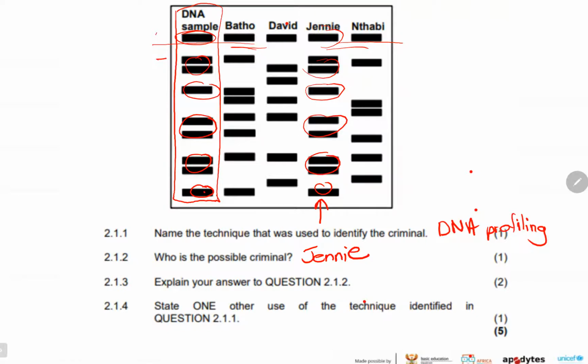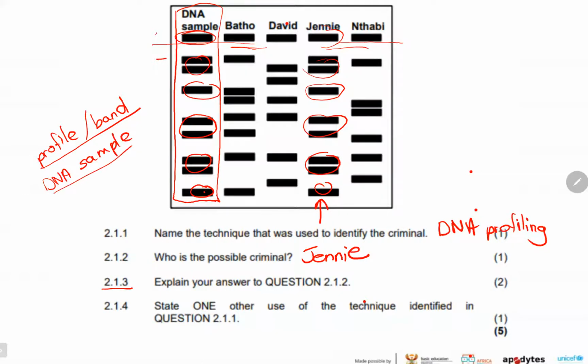2.1.3, explain your answer to question 2.1.2. Here it is very important that you always use one of the two words. You should use the word profile, or you can use the word band when you want to describe the suspect and the original DNA sample. So when answering these questions, make sure that you've got profile or band in your answer and also refer to the DNA sample